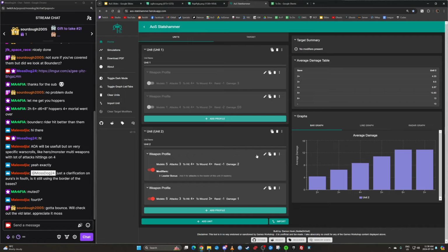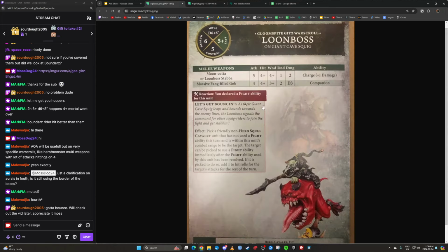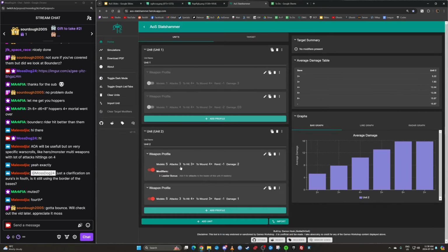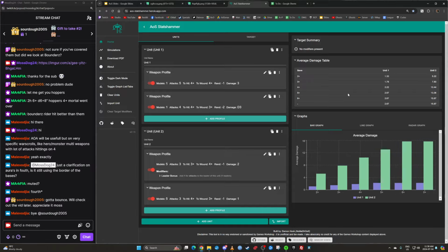Okay, and then what happens if we do them together? So this hit goes to 3s, right? If our Loon Boss fights immediately after, these guys get +1 to hit, but the companion weapon does not. So then we're still on 3 attacks, 3s and 4s, 1 rend, 2 damage on the charge. 3, 4, 1, 2. Yep. And this is only if there's 5. And then with the Loon Boss...